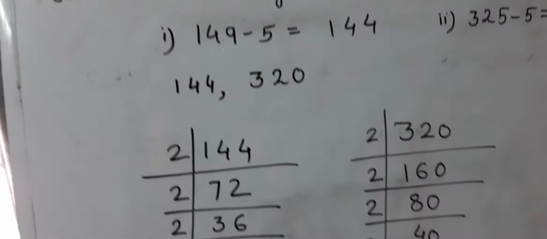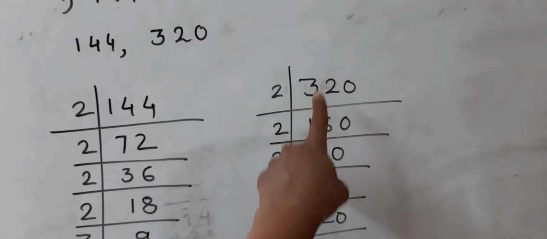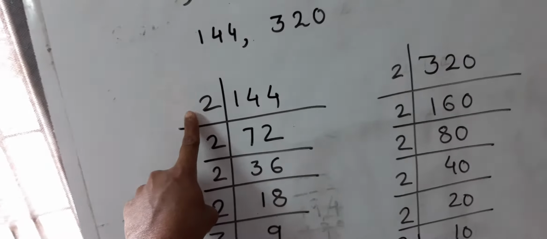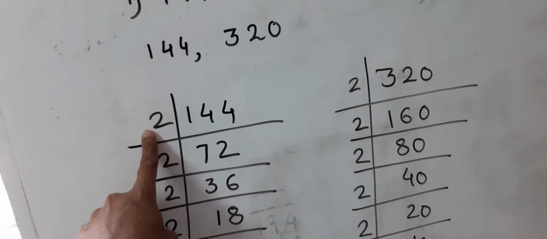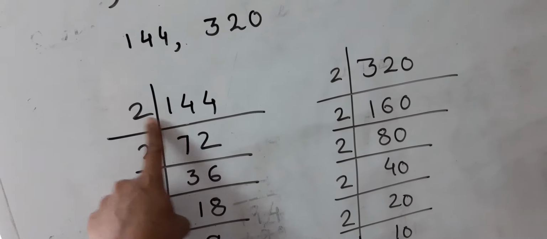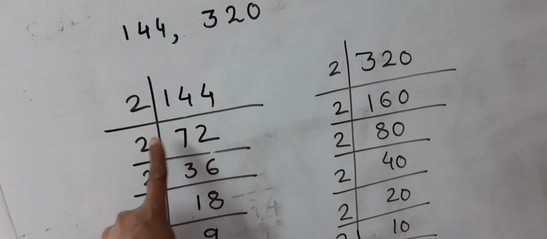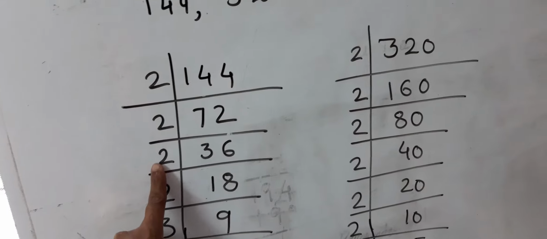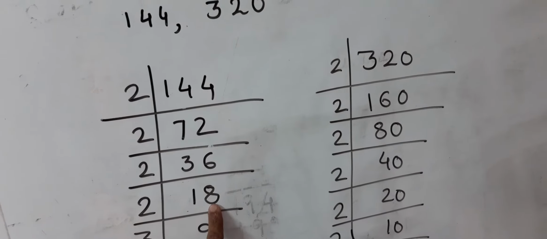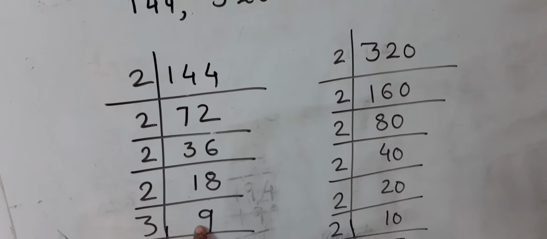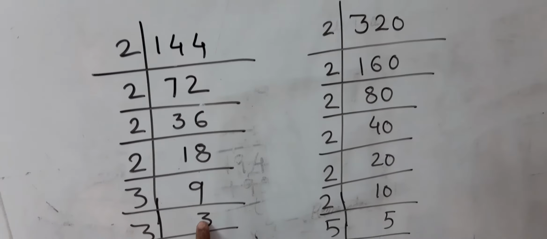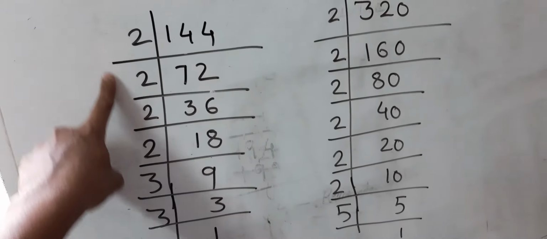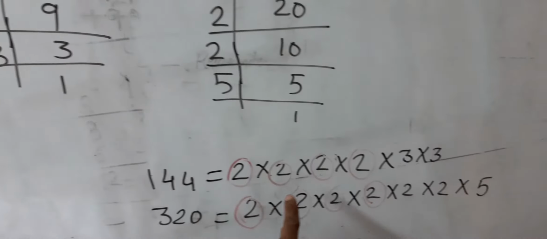Now this is the prime factorization method. Using this we have to find the prime factors of both the numbers. Here you can see this is the short division method which I explained in the earlier video. When I divide 144 by 2, we get 72, again divided by 2 we get 36, then 18, then 9, then 3 threes are 9 and 3 ones are 3. So all these are the prime factors, or prime factorization, of 144. It has been written in this manner.